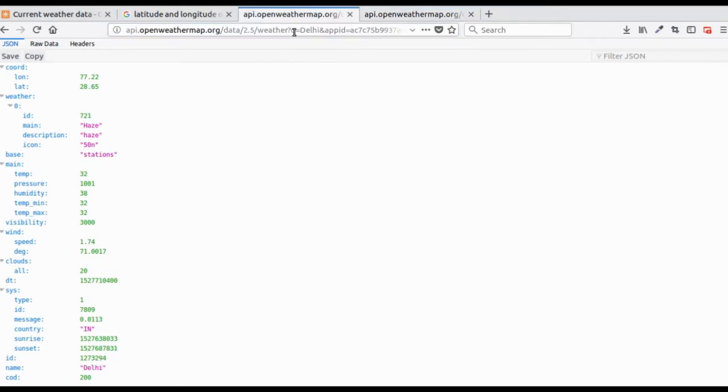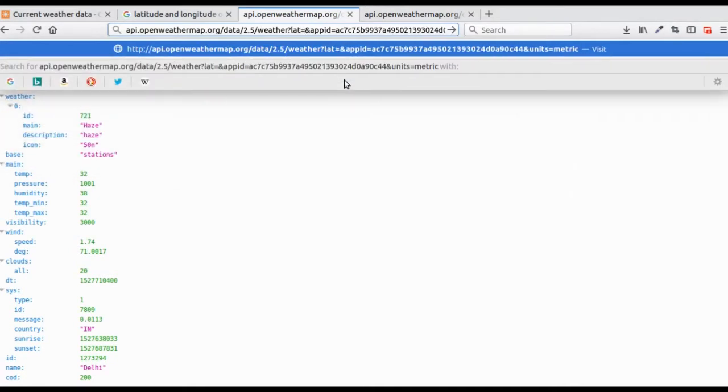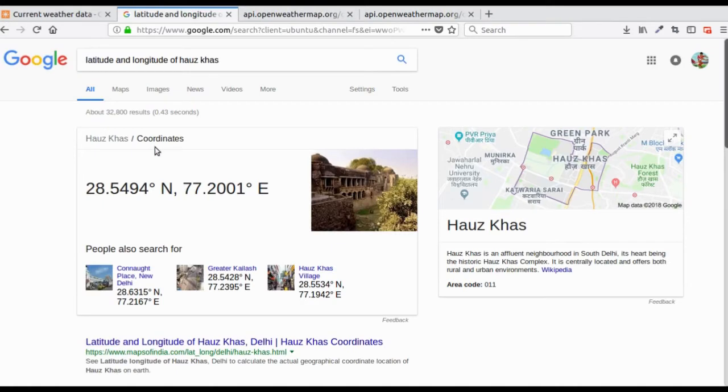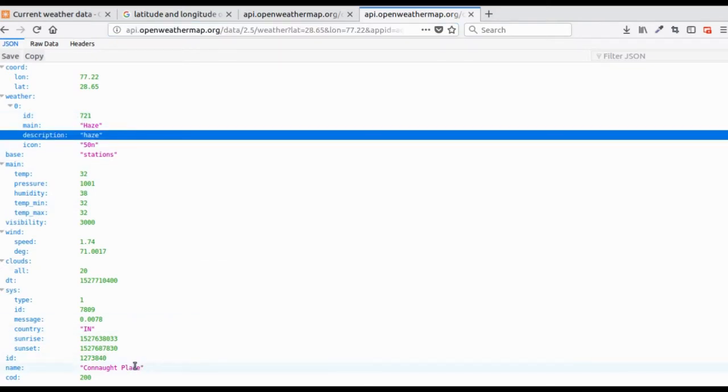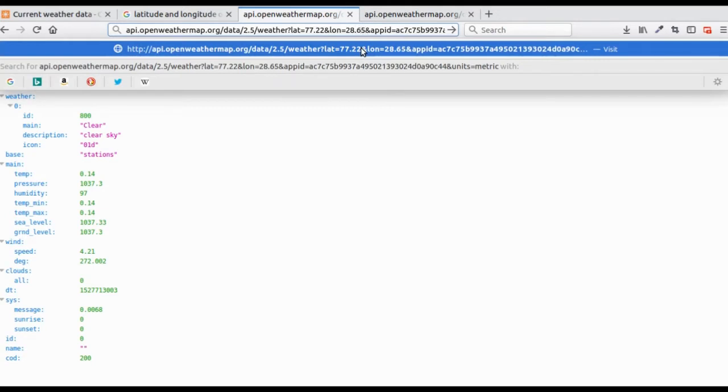Or we can make changes in this one, like lat is equal to our value, so let's put 77.22, and lon is equal to 28.7, and let's see where we have reached. Well, I don't know where it is, so let's try with some known coordinates. So here we have coordinates of Connaught Place, that is 77.22 and 28.65. So if we just make this change,